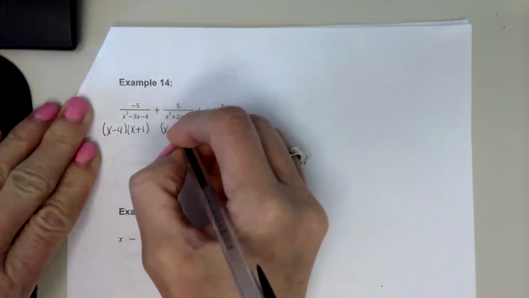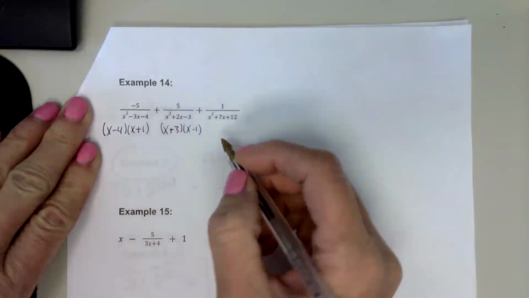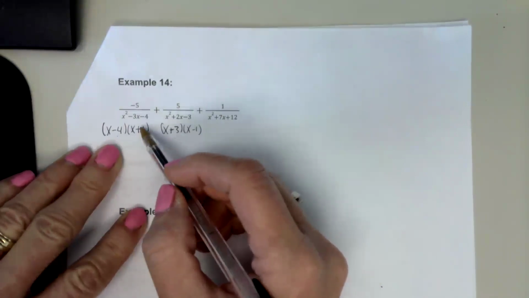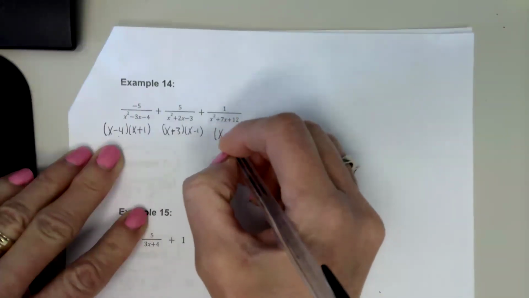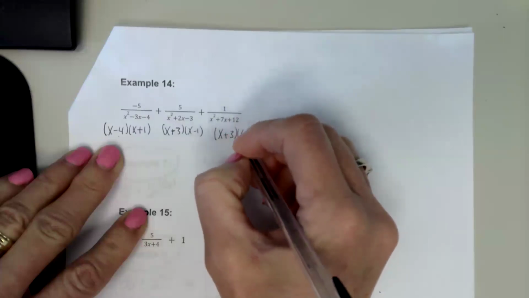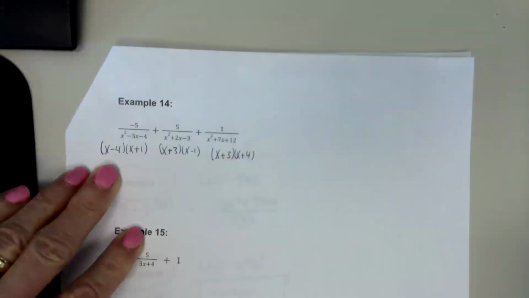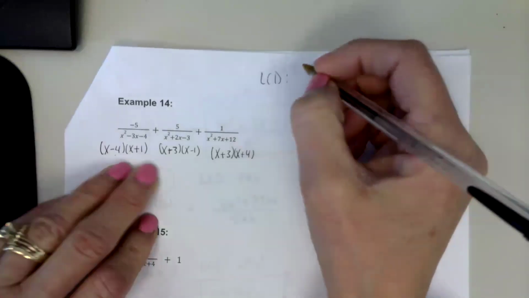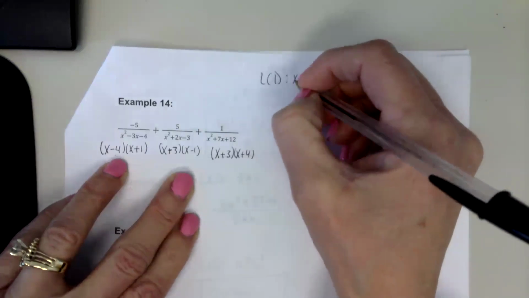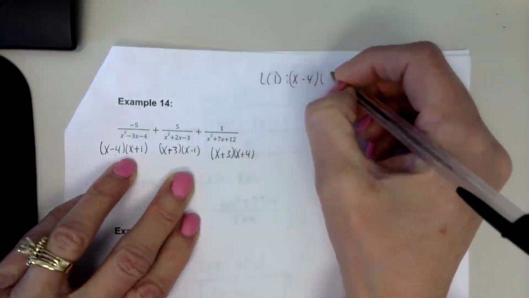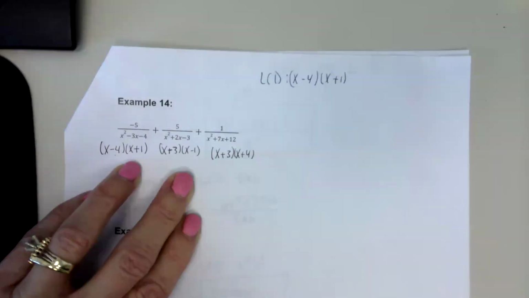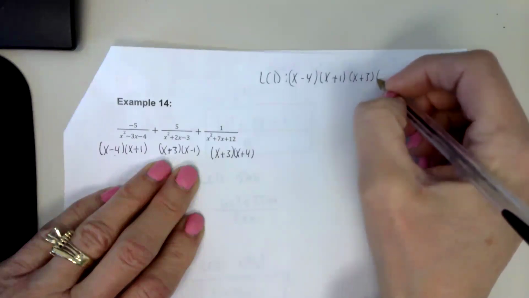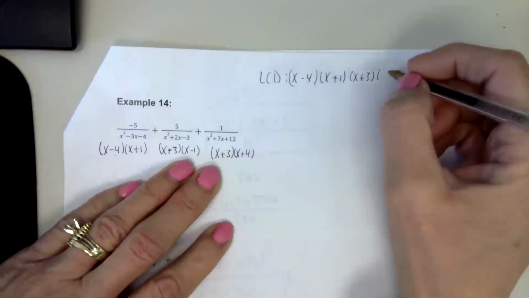x plus 3, x minus 1. My 3 overpowers, and here my negative 4 overpowers. And then here is going to be x plus 3, x plus 4. Okay, so my LCD has an x minus 4, an x plus 1, an x plus 3, an x minus 1,